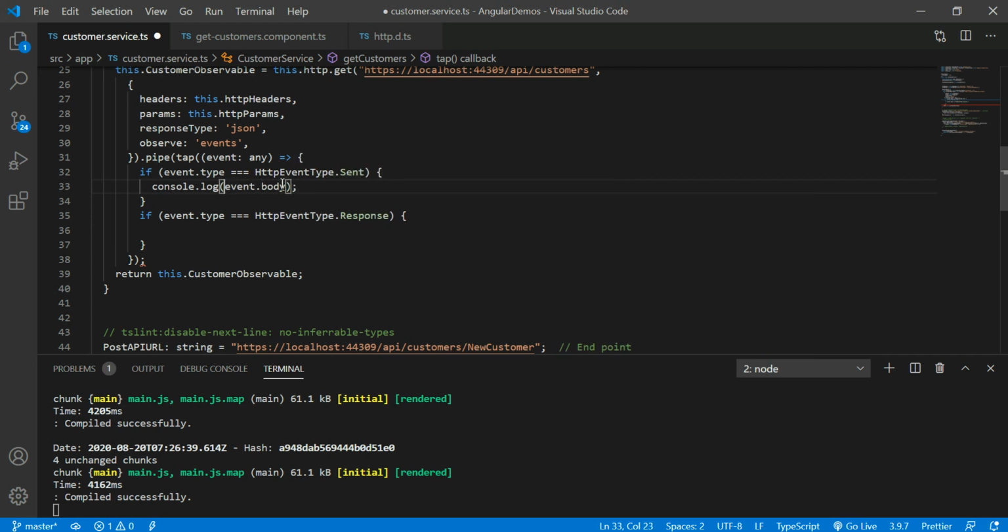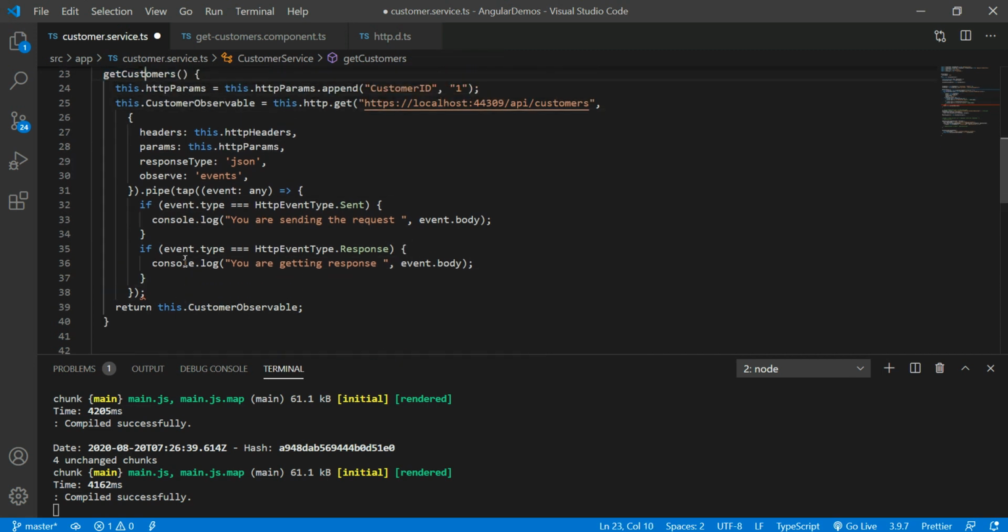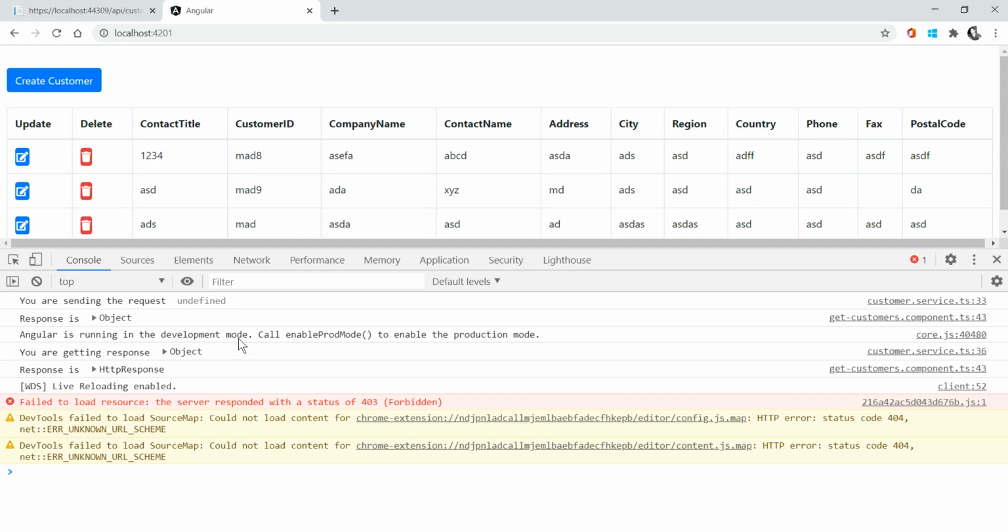Now see here, you are sending the request here. Sent response, you are getting the response. Event.body. This is the way you have to monitor. Now save.